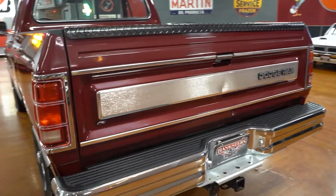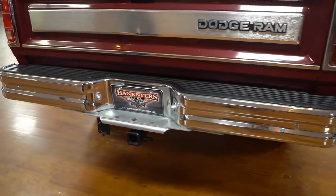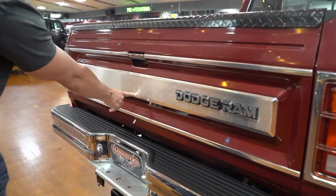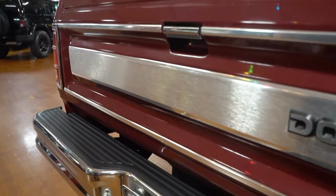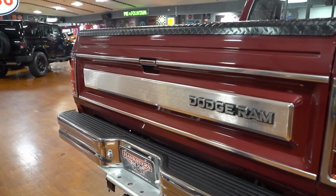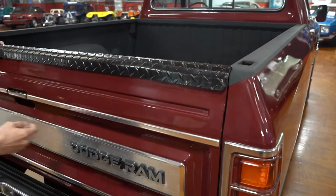Chrome on the rear bumper is about the same quality as the front. Again, I would say these are newer bumpers. Certainly look it. There is a small dent there in the center, maybe they had something hooked up to the tow hitch here and put the tailgate down and dented it. That's typically what happens. Black diamond plate across the top there of the